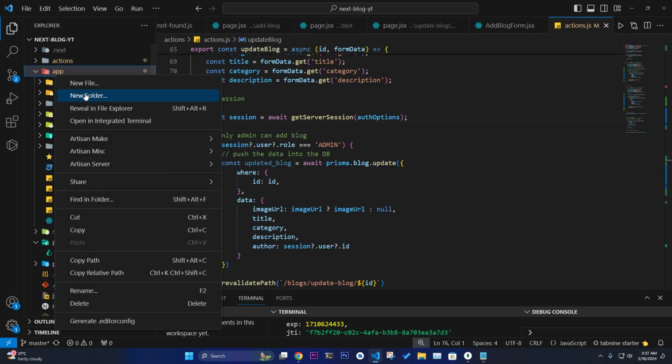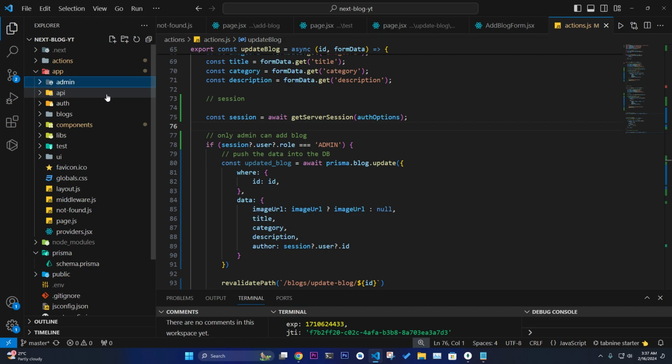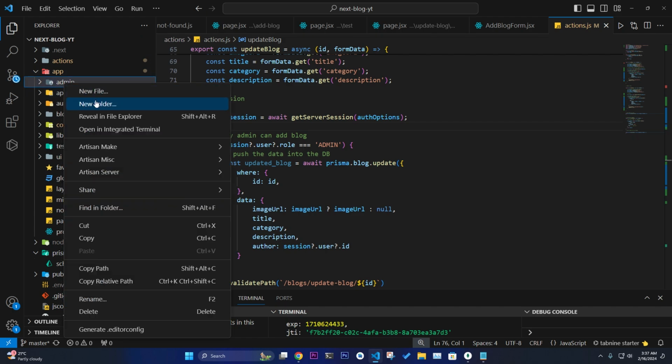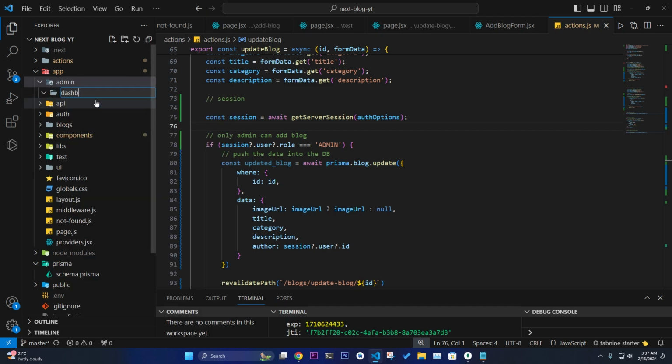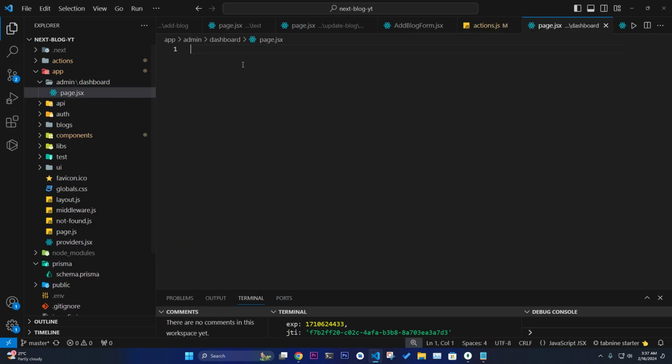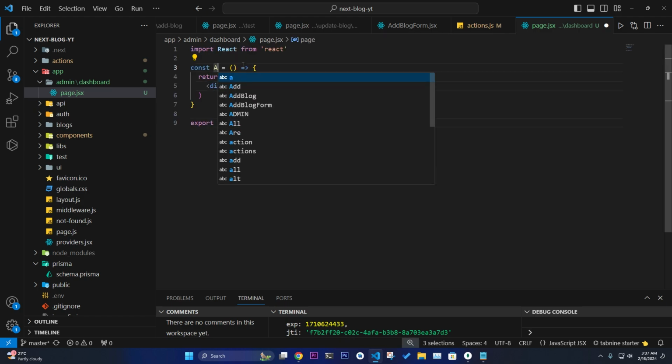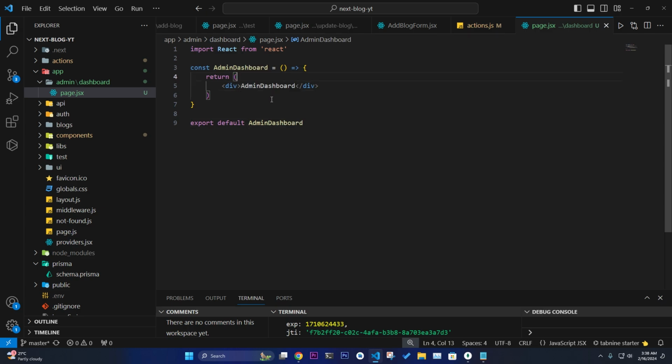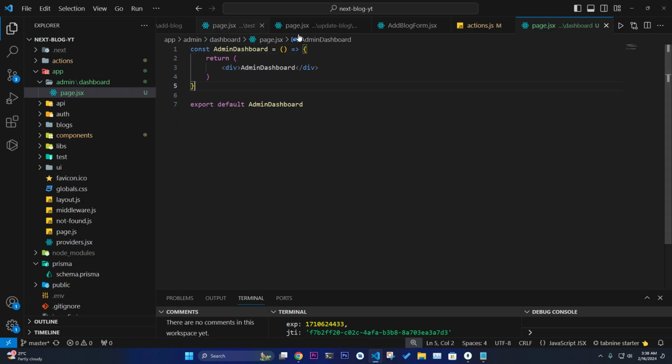Okay, in the app directory, you need to create a folder called admin. Only admin can access this. I can just build the admin dashboard, and here I'm going to create page.jsx. So this is an admin page. Okay, admin dashboard, and we need to make sure we design it a little bit. And this should be a server component,